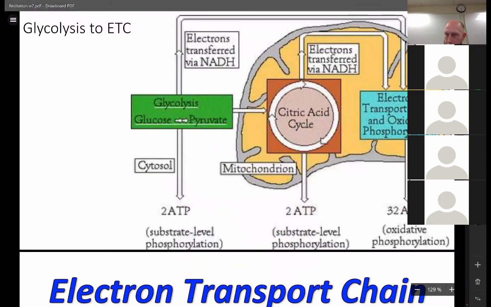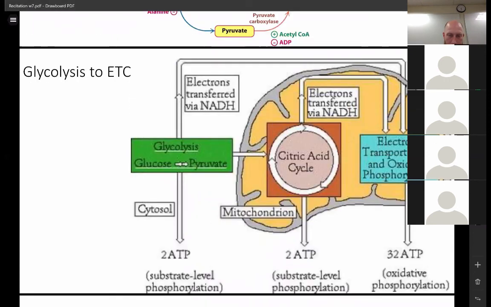And so the last little bit that I have planned for our little talk is this slide, which has relevance in the idea that glycolysis and the electron transport chain are connected through the citric acid cycle. But the citric acid cycle is not on the test. He doesn't cover it in the lecture, so it's not relevant for memorization. But it is relevant for understanding that there are intermediates within the citric acid cycle that we can use in gluconeogenesis,